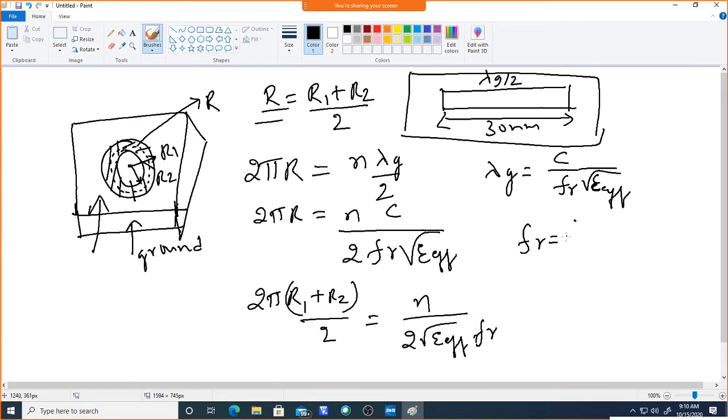So you can find out what is the FR from here, which is equal to NC divided by 2 pi R into effective epsilon. So here the 2 will be cancelled with this one. If you take this equation, and these 2 are cancelled, so you will get,